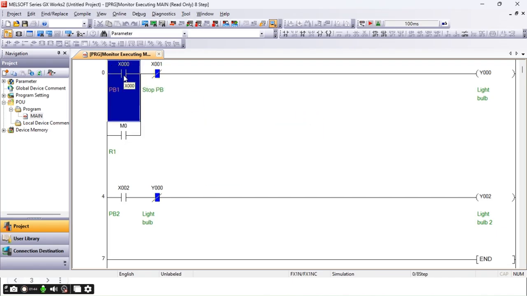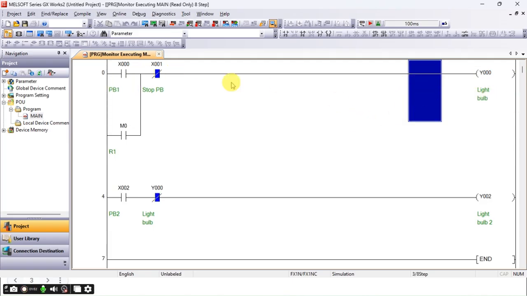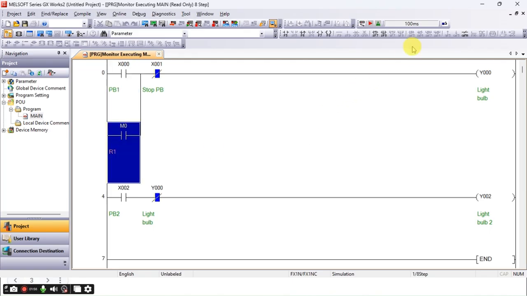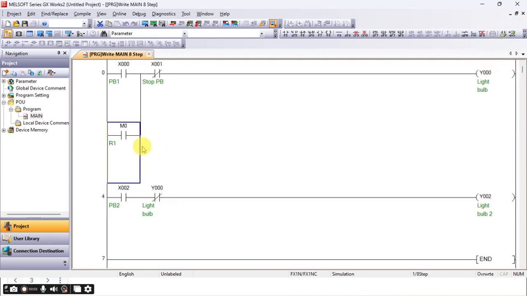Okay, I'm going to press push button 1. The light bulb is activated, and I unpress it, it remains. So I'm going to correct the program first. Instead of M0, I'm going to use Y0.